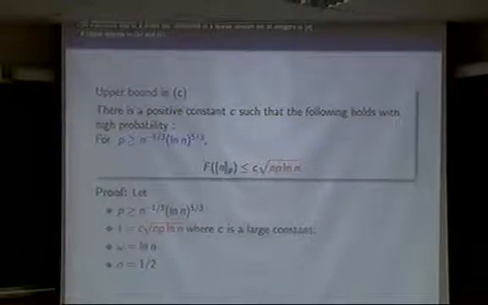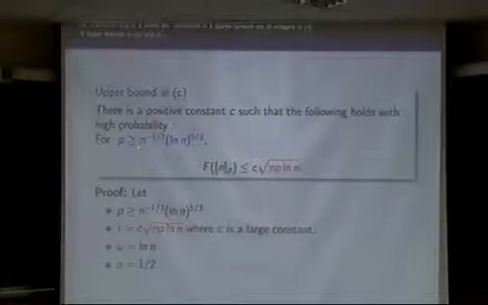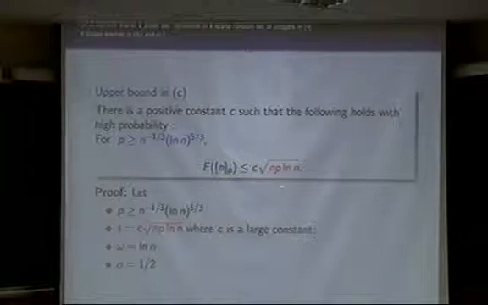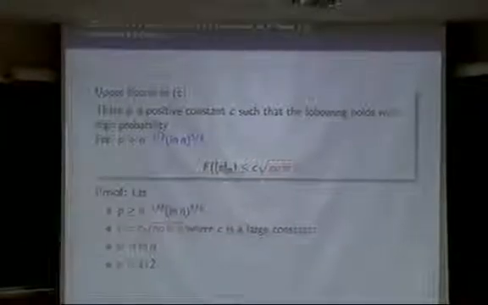So we need to show that there is a positive constant C such that the following holds with high probability. When p is greater than n to the 1/3, we want to show that capital F of n, p is smaller than some constant times square root of np log n. So we will